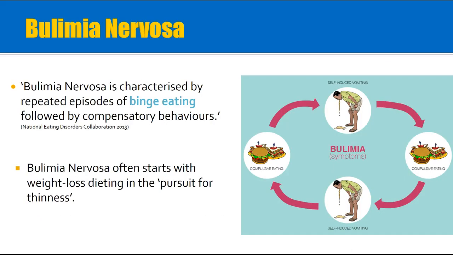So bulimia nervosa is the other eating disorder and is characterized by repeated episodes of binge eating, and often starts with weight loss dieting in the pursuit of thinness. So you will compulsively eat, and then you will throw up, and then you'll compulsively eat again, and it is a very vicious cycle. So usually a large amount of food is eaten within a very short period of time,